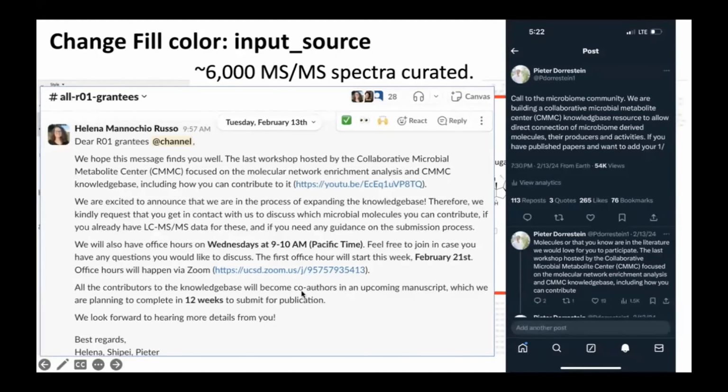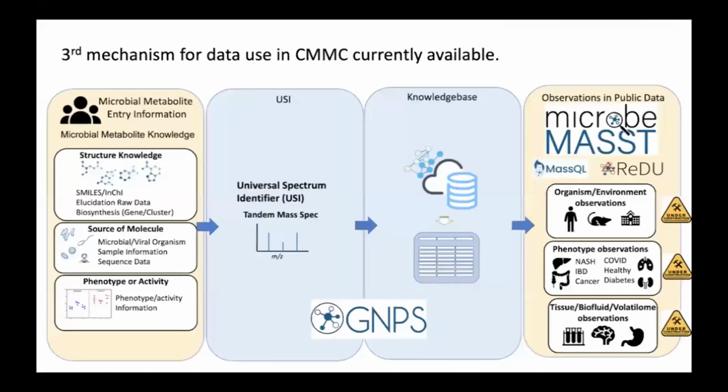We have office hours for people who want to ask questions. We meet one-on-one with people, both the grantees as well as the expanded scientific community interested in microbial metabolites, and we welcome contributions.